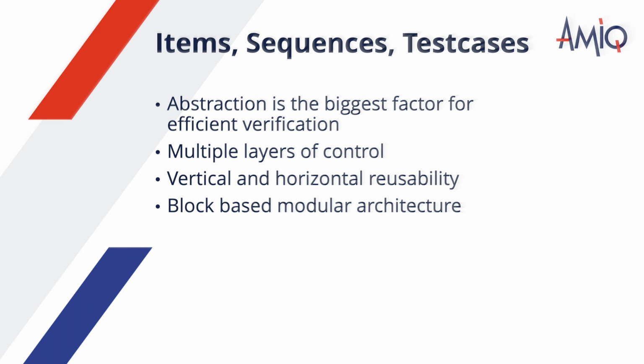We need to continuously move to higher levels of abstractions once the lower layers of control are proven to be working. For this goal, UVM provides a hierarchy of classes starting from the most basic item, which encapsulates the transaction that goes on the bus, up to the test case that contains the intent of the simulation. In between the test case and the item are a collection of hierarchical sequences that offer different levels of abstractions. These sequences are meant to be randomizable, reusable, and controllable by all entities above them in the hierarchy.